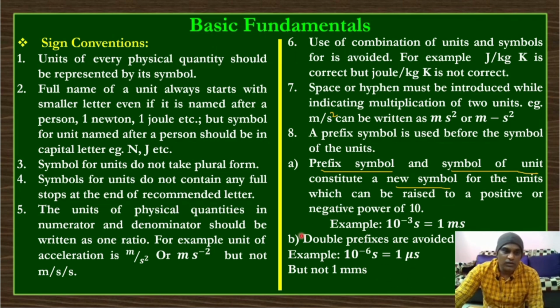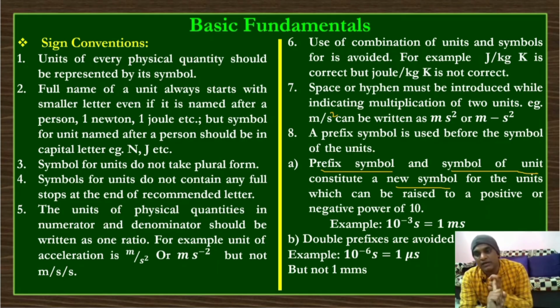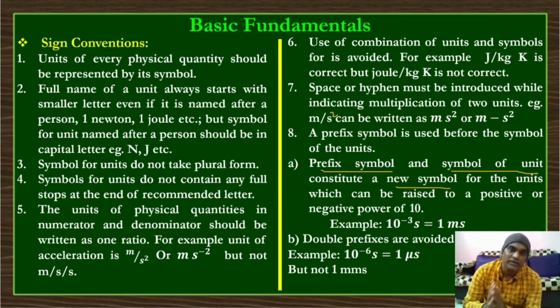Clear? So these are all the basics we have learned today. We have learned the definition of physics, then quantity and its definition, then measurement, units, system of units, then fundamental quantities, supplementary quantities, derived quantities, their units, and the sign conventions to be followed while writing the units of all the quantities. Today we will stop with these basics, and in the next lecture we will start another important topic, dimensional analysis, which is included in this chapter, units and measurement. Okay, so till then, goodbye.